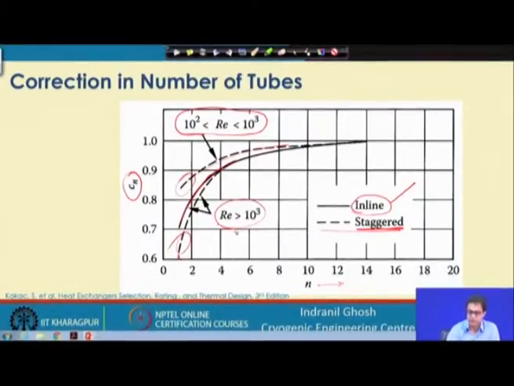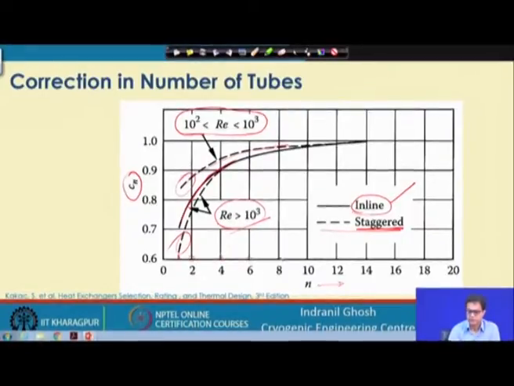If the Reynolds number is more than 10 to the power 3, we find this relation. What I mean is this graph will tell you what would be the correction factor corresponding to number of rows equal to 2,